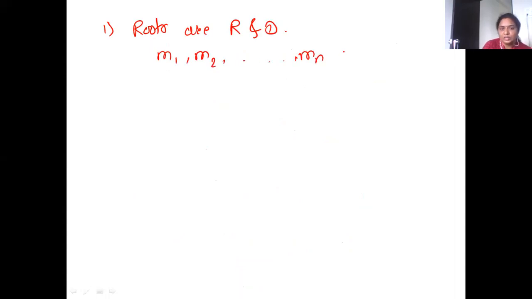Yes, so the first part I have written: roots are real and different. Say m1, m2, and so on up to mn are all real and different. They are all real and they are all different from each other. Then in this case, the solution is,